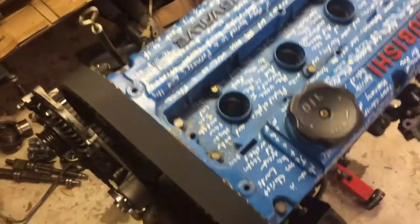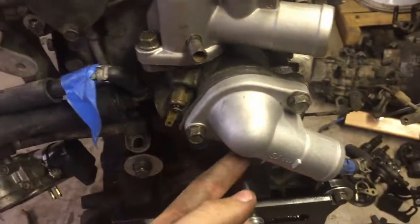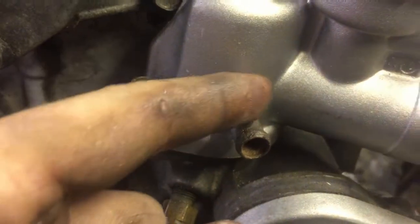Got it torqued down and replaced the gasket, and then put new spark plugs in while we were at it. And now I'm just waiting for the timing cover so I can put that on and then put the pulleys on. Over here we've got this torqued down, ready to go, and then I'm just going to JB weld this